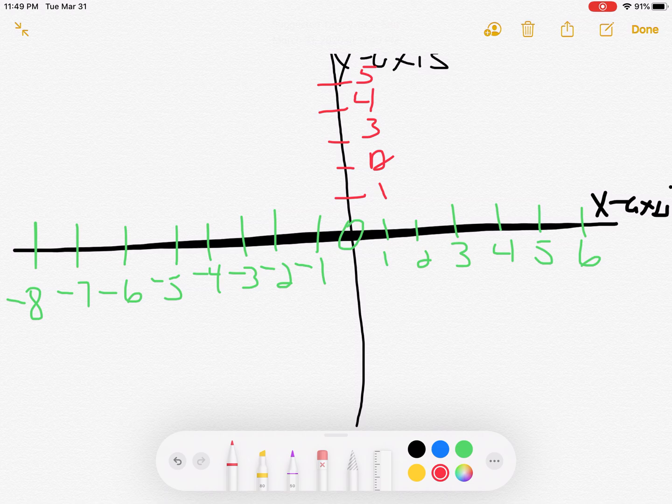Below the zero, or the origin, below sea level would be -1, -2, -3,